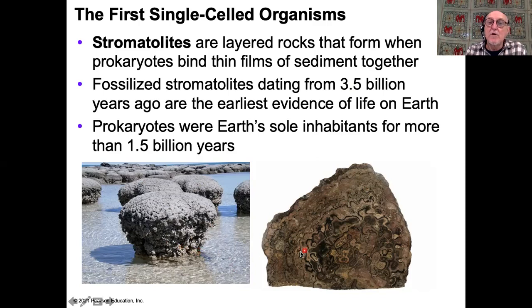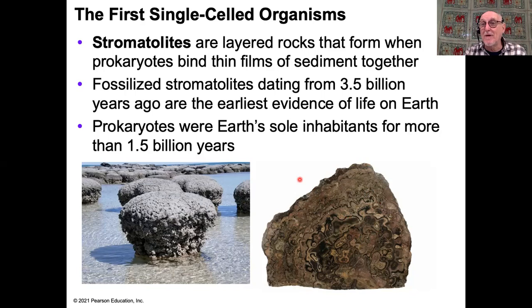They slowly build up layer by layer, layers of prokaryotes, then sediment. The sediment obscures the prokaryotes, and they tend to move to the outside as they reproduce and accumulate more sediment, and so on. And these are very easily fossilized. You may have heard of the term dolomite. Dolomite is actually a limestone, and much of the dolomite present on the planet is actually formed from these fossilized stromatolites.